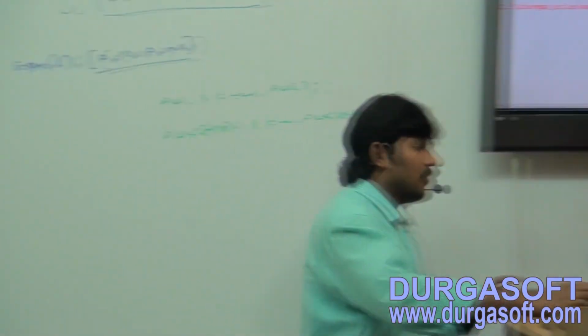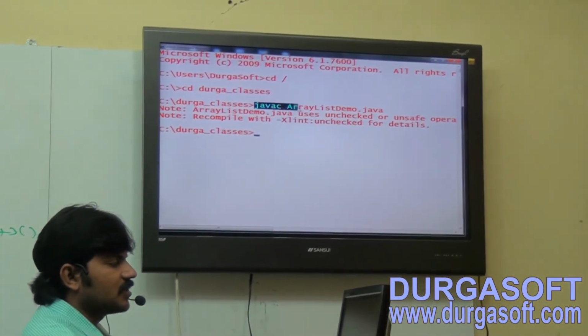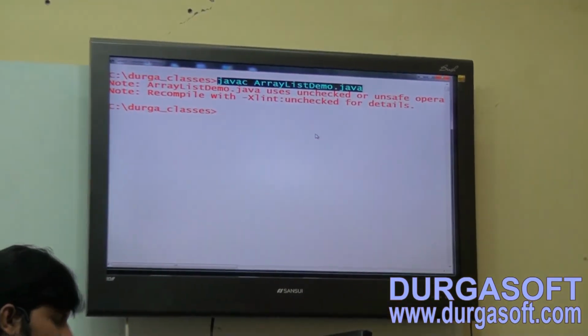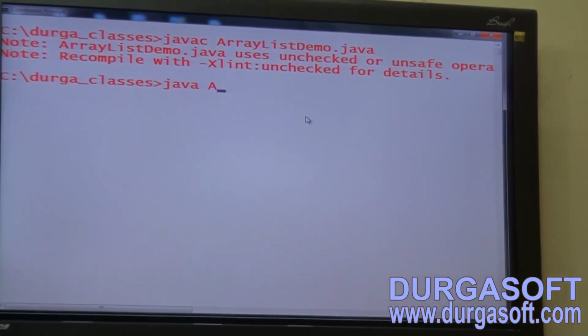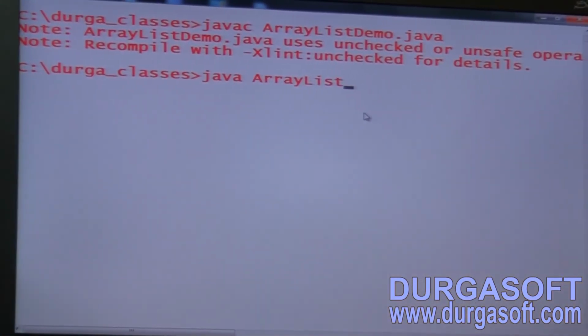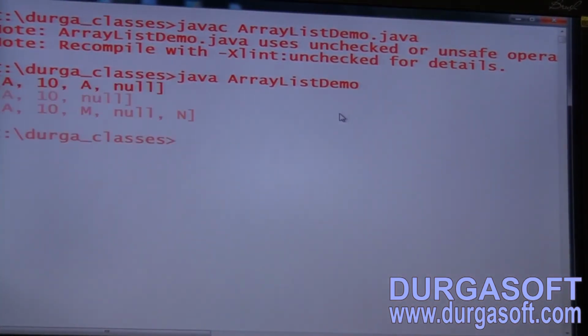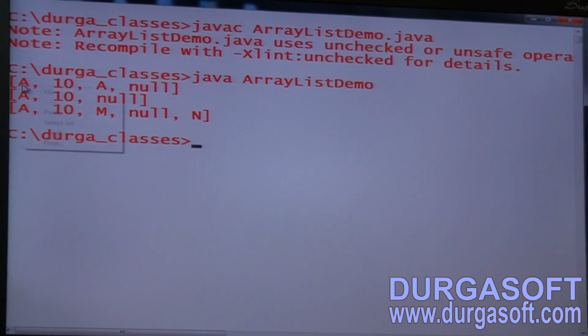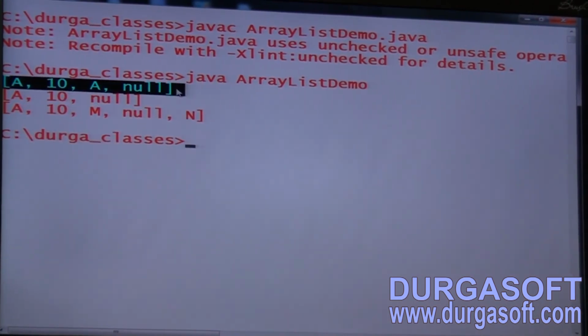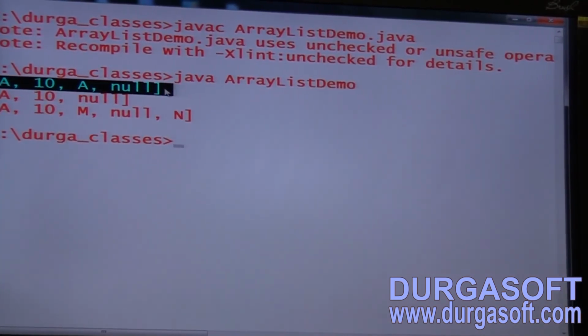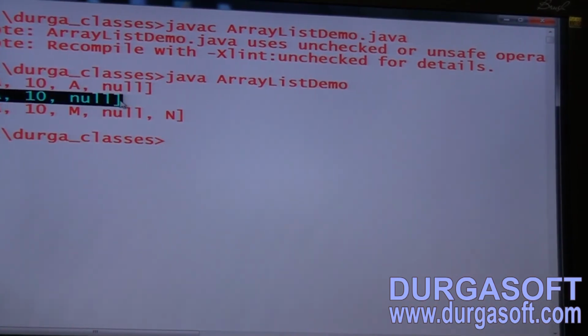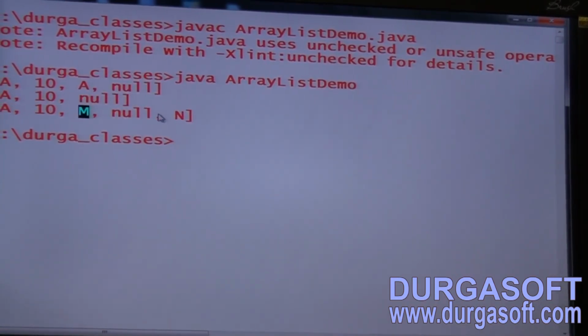Now it compiles already. Javac ArrayListDemo.java, compile. Now java ArrayListDemo. Have you observed the output? First time A, 10, A, null. After l.remove(2), A, 10, null. And then after adding M and N, this is the content.